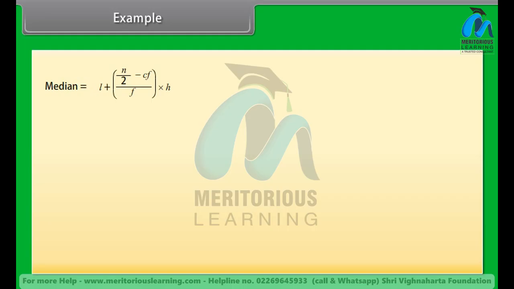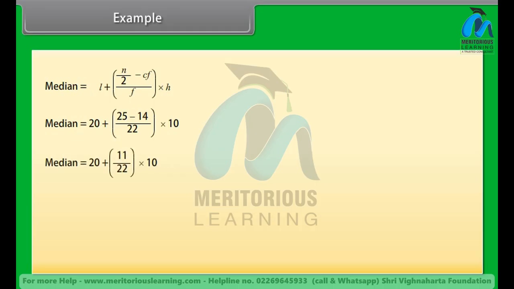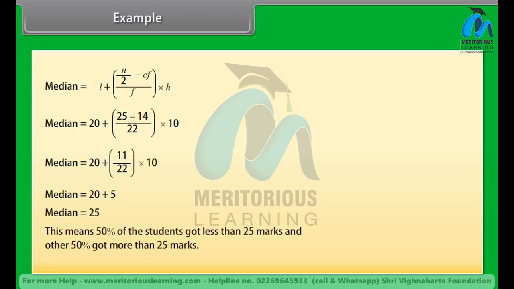L plus n by 2 minus CF, that is divided by F and multiplied by H. Median equals 20 plus 25 minus 14 by 22 into 10. 20 plus 11 by 22 into 10. Median is equal to 20 plus 5, which equals 25. This means 50% of the students got less than 25 marks and the other 50% got more than